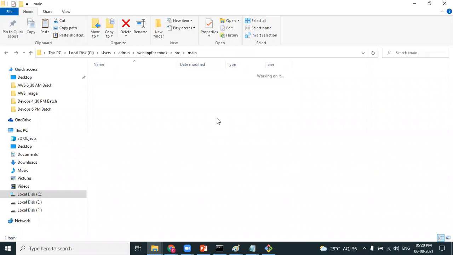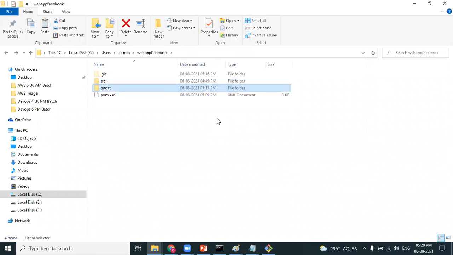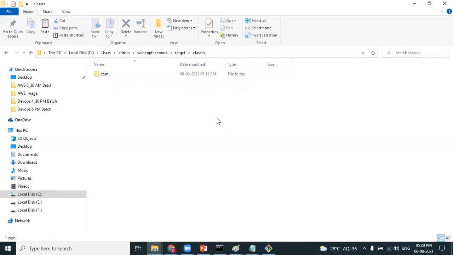Do you remember, a target folder got created. Under target, under classes, under com.facebook, as there are 2 Java files, here there are 2 class files. If there are 200 Java files, here you will find 200 .class files. So in a single shot, we generate all the .class files at this location. Got it, Arvind? Is it interesting or boring? No, sir, it's interesting. Okay, fine. So that's part of compiling the pure source code which is there as part of the main folder.